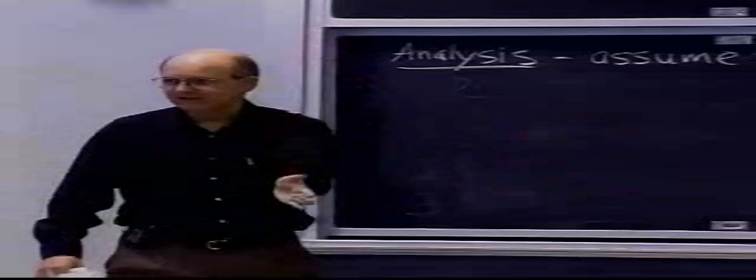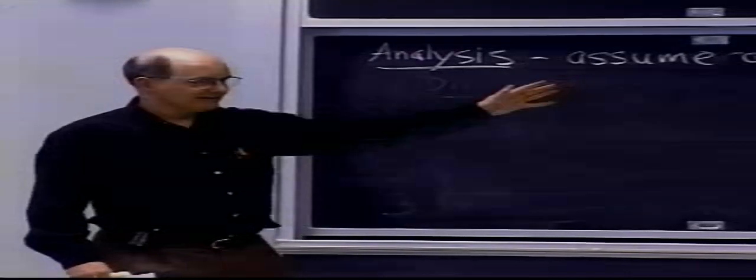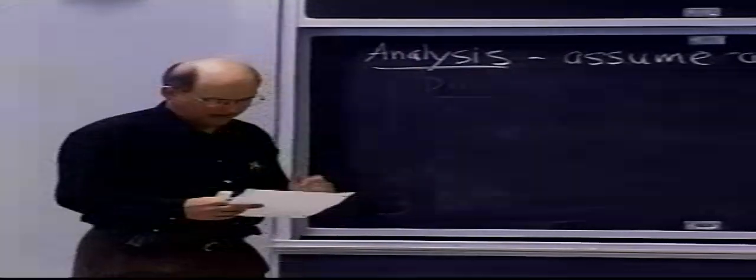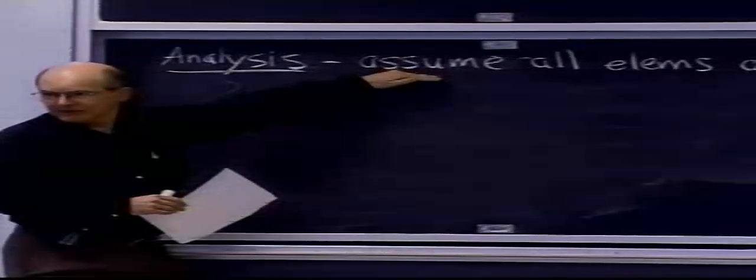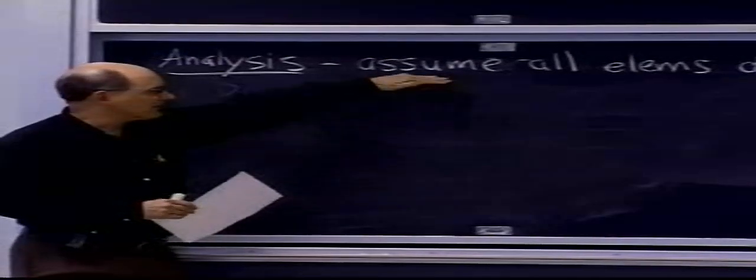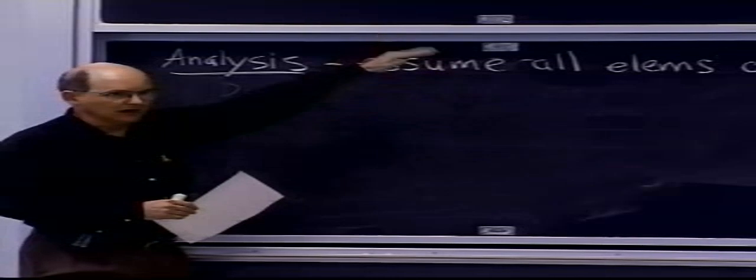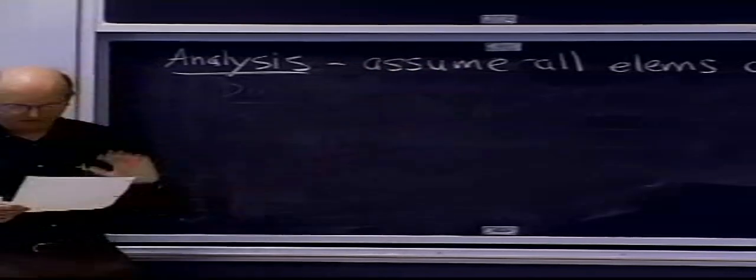We're going to discover that it's really helpful if you can divide it in the middle. And if they're all the same, then it doesn't divide in the middle. And that's one reason that Hoare's original algorithm is a better algorithm if there are duplicates. But we're going to assume for now that all elements are distinct. Because in the cases where they're not all distinct, you have to use a somewhat more complicated algorithm in order to get the properties that we're going to talk about. But if they're all distinct, then the analysis is easier.